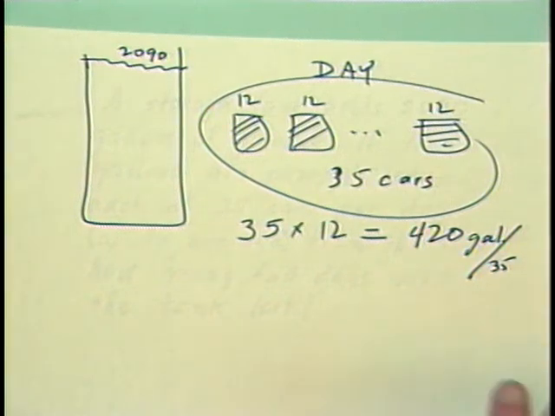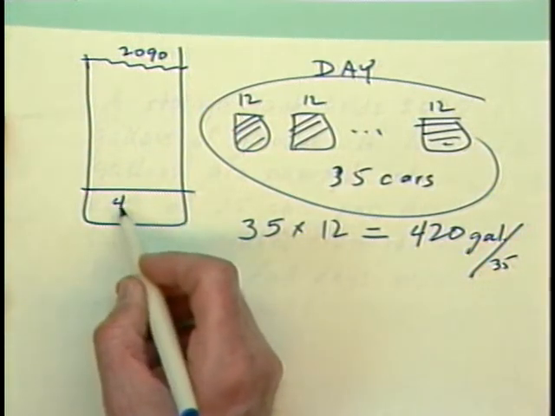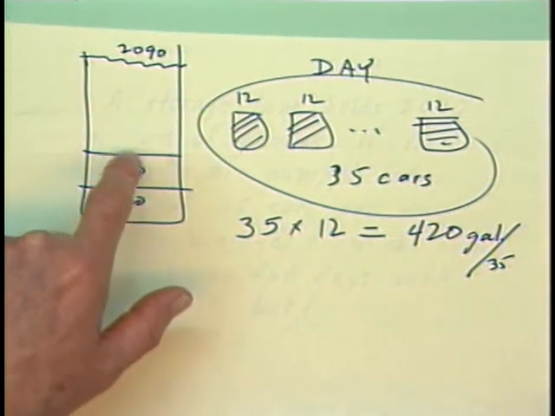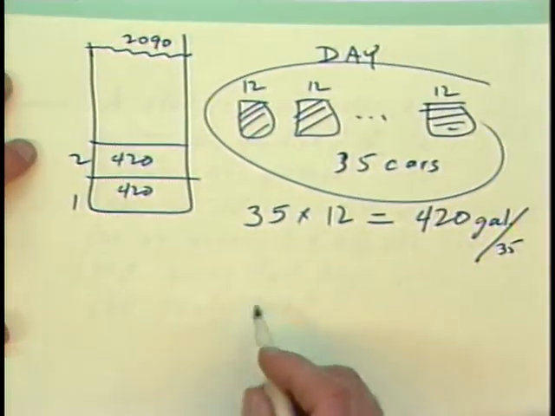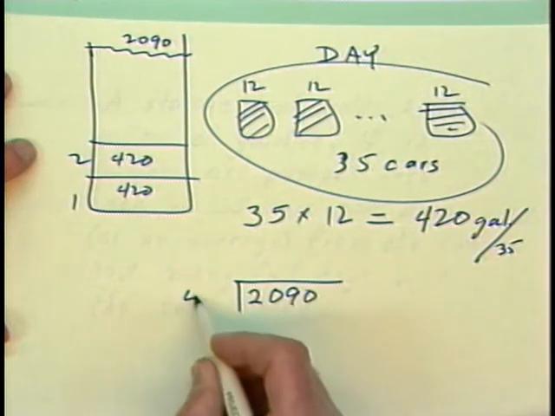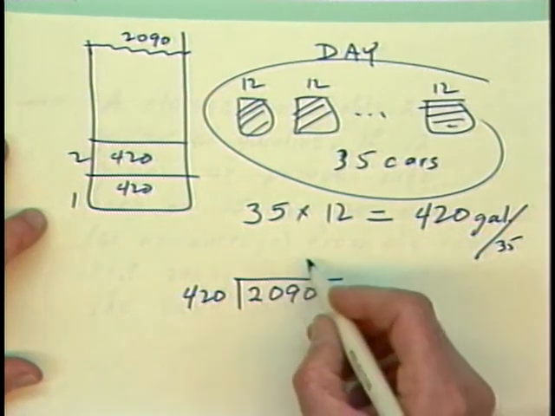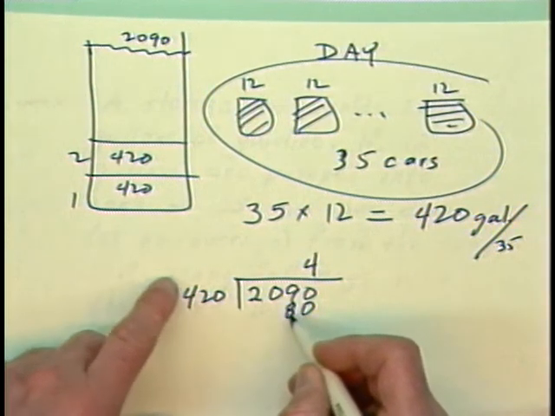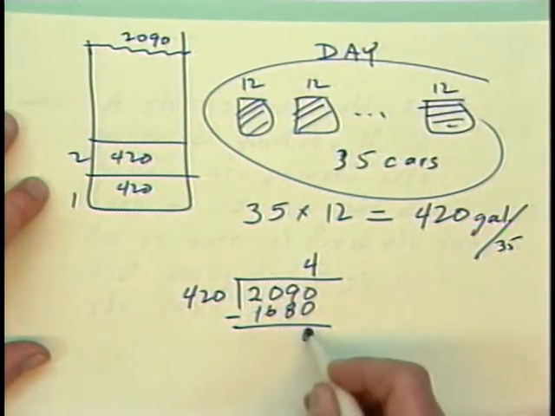So now we're asking how many of these are in here. Here's one 420, here's another 420, etc. So we're asking how many times will 420 go into this? Here's once, here's twice. So basically we're asking at this point, in 2090, how many times will 420 go into it? And it looks like about 4, doesn't it? See, 4 2s is 8, 4 4s is 16. Subtracting, we have 0, 1,